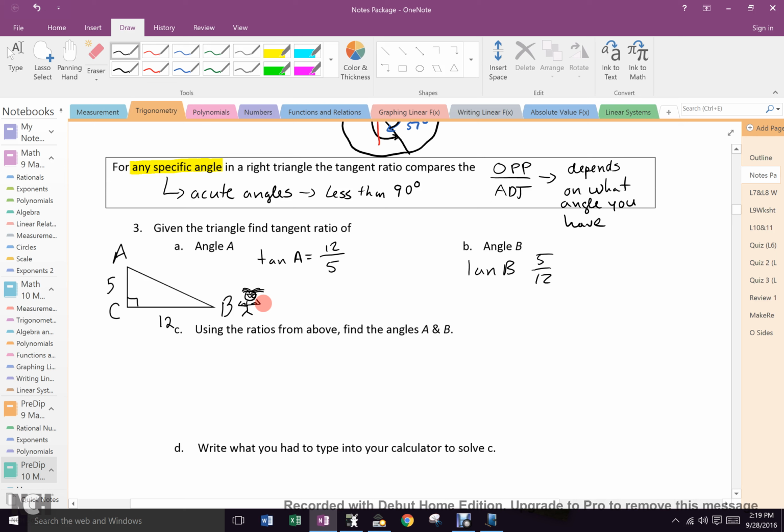Everybody cool? So we got A, B. Now, what are the angles of A and B? So I have my decimals, don't I? Or do I? All I have are my fractions, yes? Everybody with me? So if I want the angles, as soon as I see the word angles,